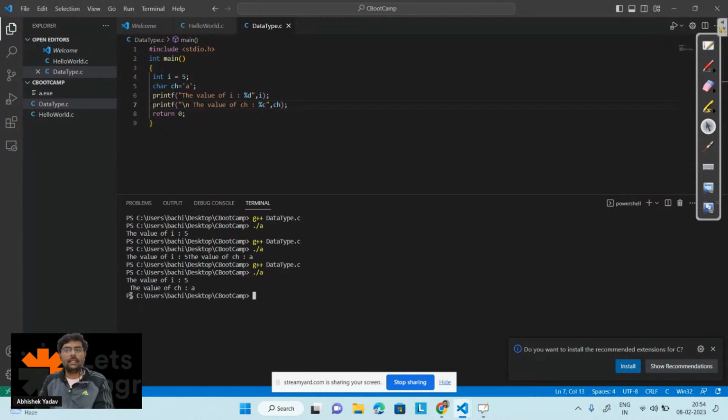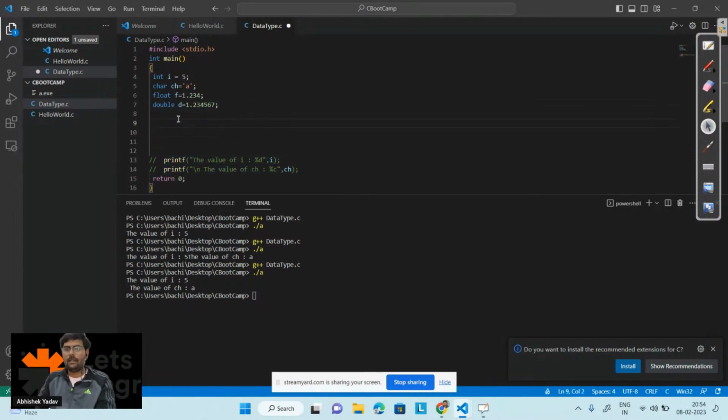So here you can see, first you are getting the value of i, and after that you are getting the value of ch. Right, everyone? Similarly, if you have to print floating data, that is float f is equal to 1.234. Okay, and similarly, if you want to print double data, that is double d is equal to 1.234567. Right? So here, let's comment these two parts, and let's try to print floating